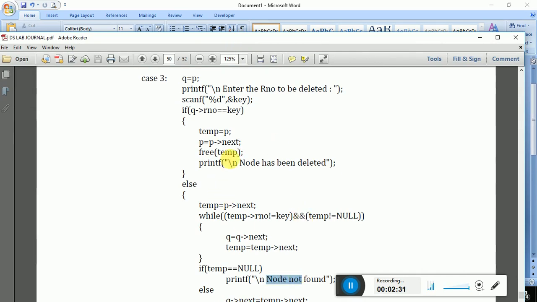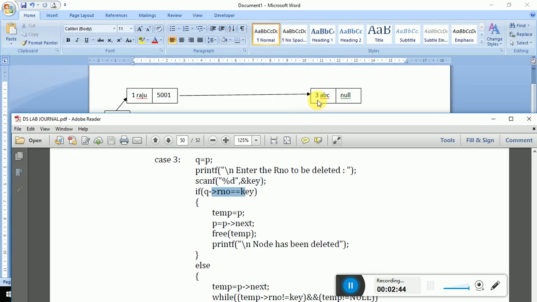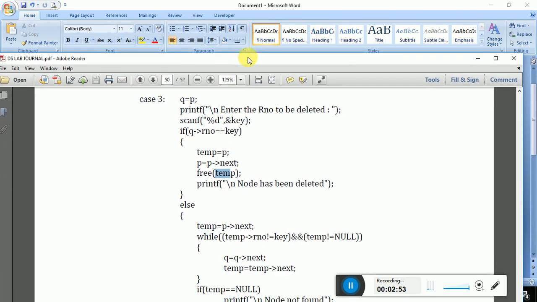If it is there, it will free that temp, or else it will keep on searching. If it finds the node, it will free it, else it will keep on traversing.